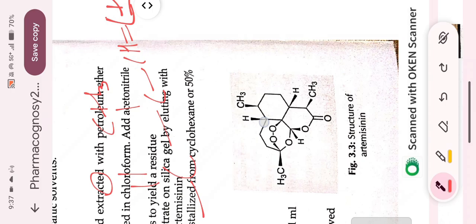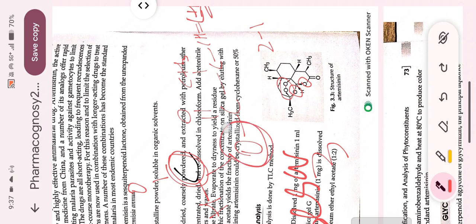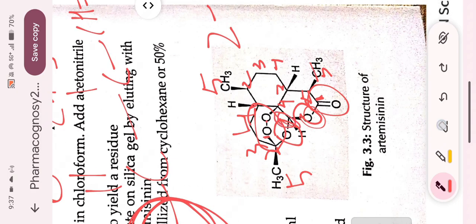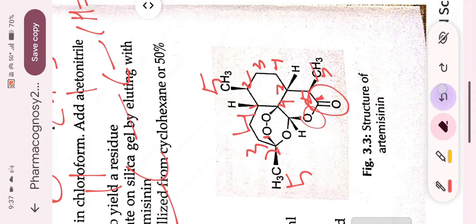Other than isoprene, it is only this one and this bridge, 3 kinds of bridge we have. This bridge is connecting 2 with 1, and this bridge which I'm talking about, and this one is like